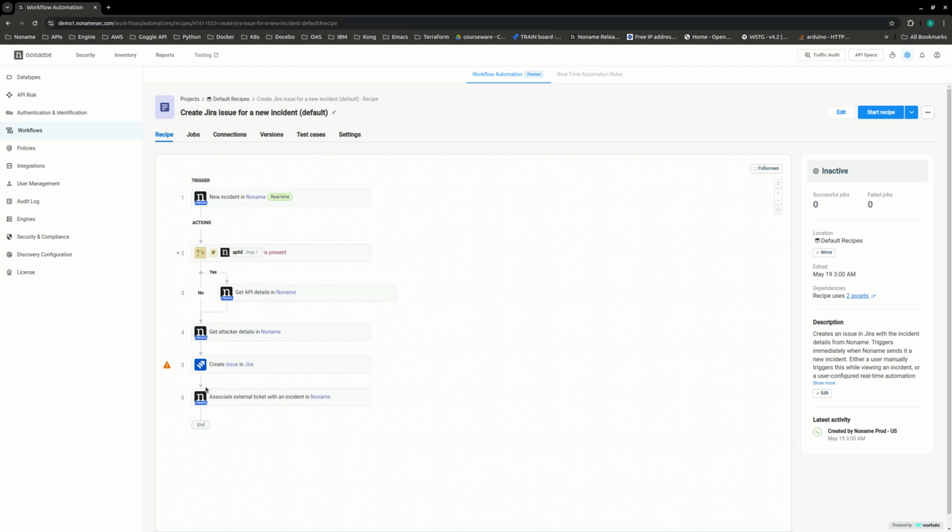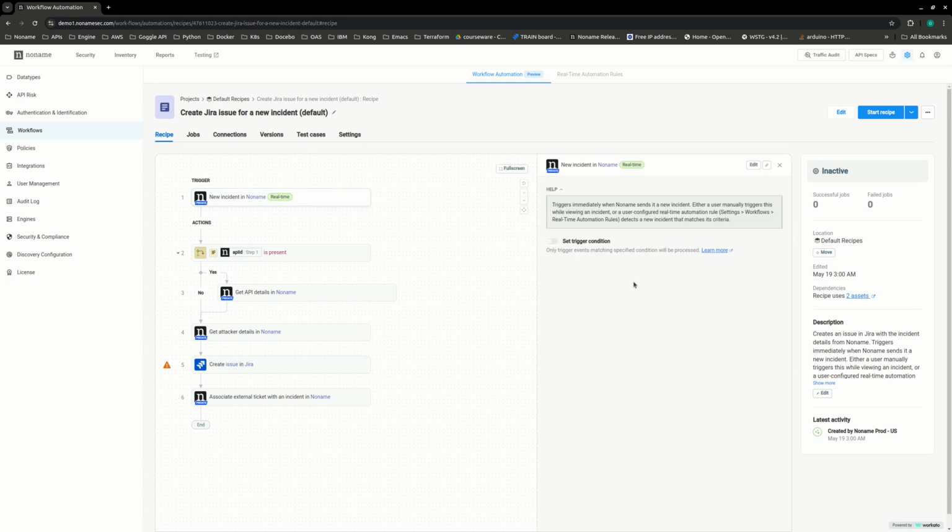If I select the trigger, you can edit the trigger. In this particular case, there's no condition, so every time I have a brand new incident, I will be able to trigger this particular recipe. If you'd like to set conditions, you will have to configure the conditions, and so on. If I select another one